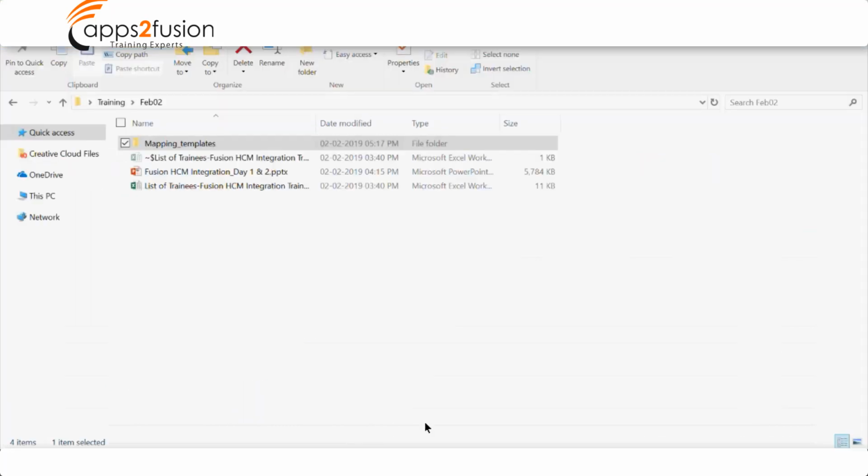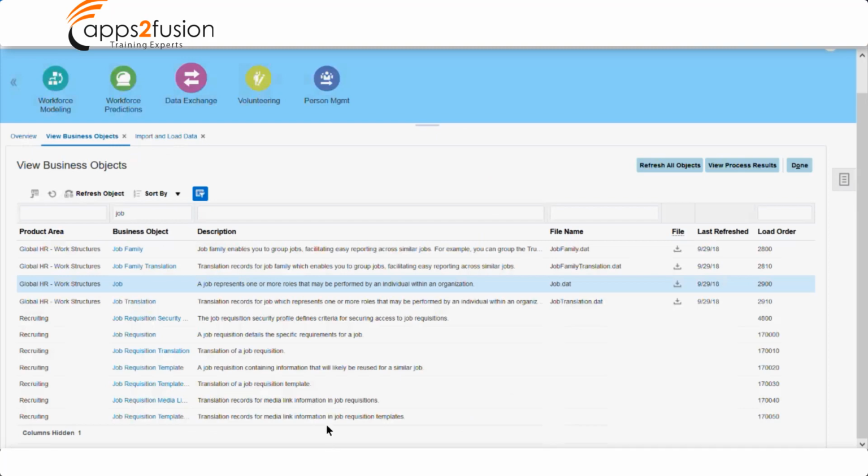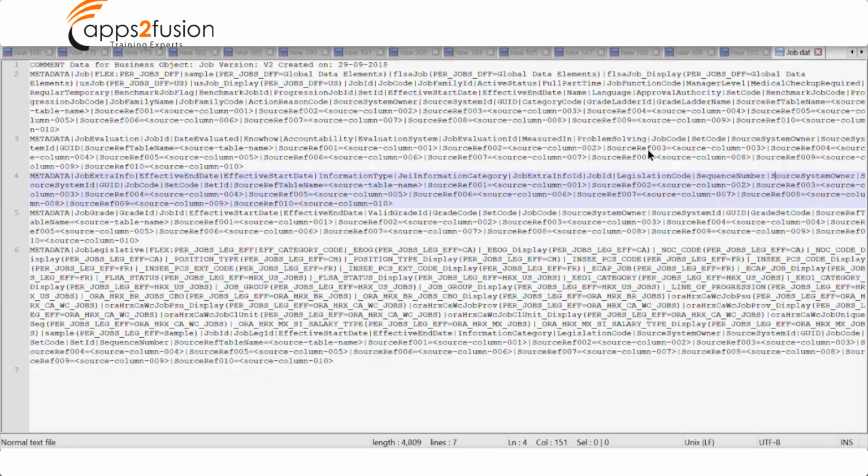I'll just open and show you how it looks. So this is the job.dat I just downloaded. I just opened the job.dat file which I downloaded from the instance. If you see, there are so many flex fields. I'll help you with reading this file easily. I'll show the steps to convert it and read it easily.